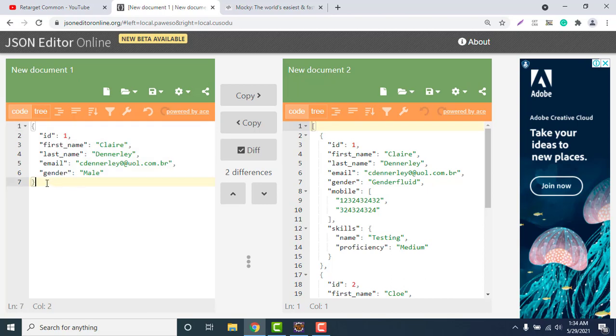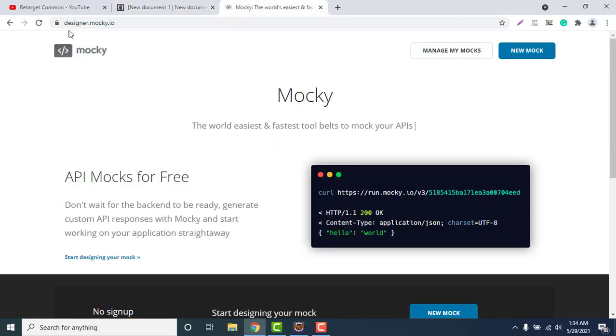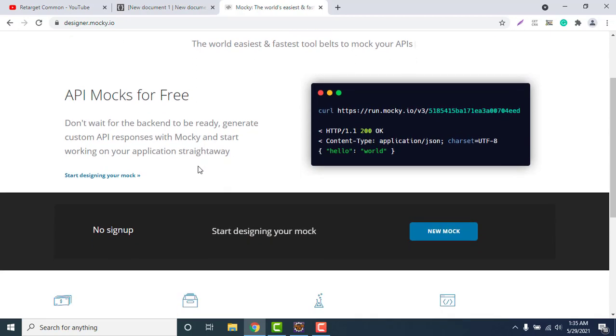We are ready with the mock response here. Mock response means you are actually mocking it. It's not that some calculation is happening or it goes and hits a database and fetches data. Those things will not happen. You are simply mocking what is expected from the API. So come here to this website, designer.mocky.io. It is a really good website, and you can read the descriptions here because it is really easy to use.